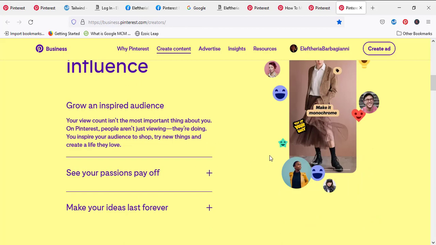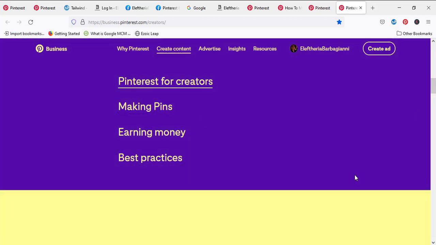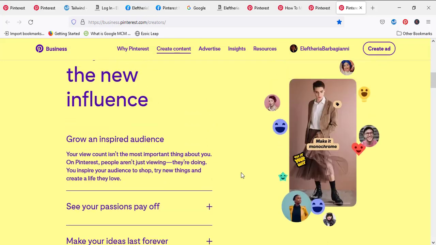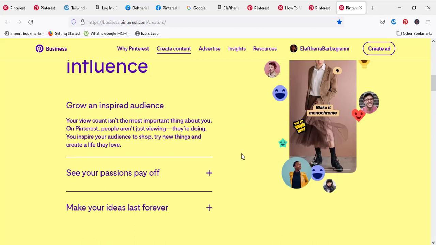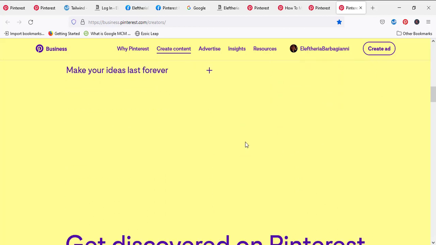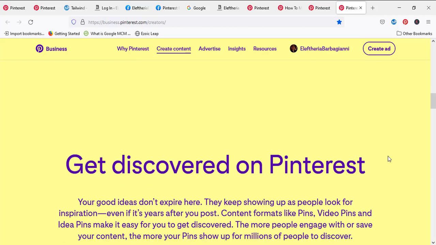So not just, I would do that and I would do that. Creating content is really important for you to increase your traffic and get what you want. So you really need to have a strategy, because if you don't have a strategy, you don't know where you are and where you want to go.